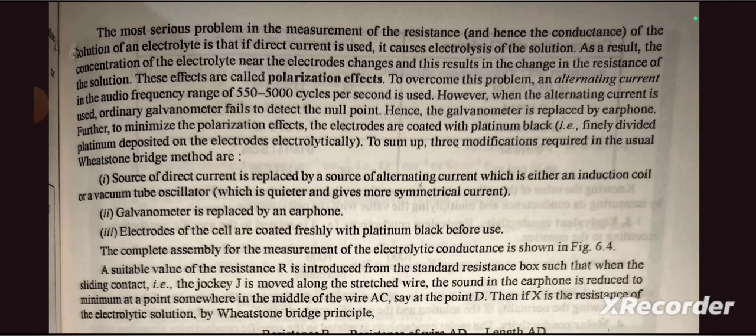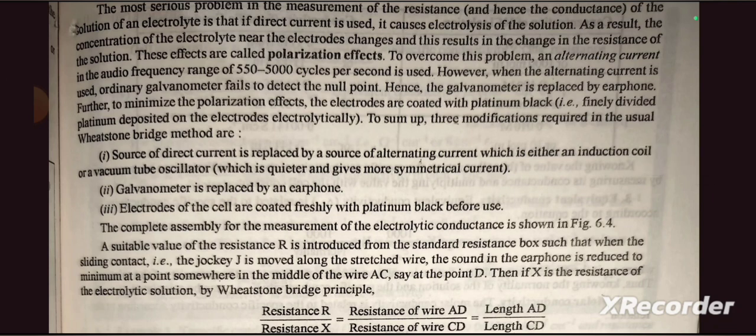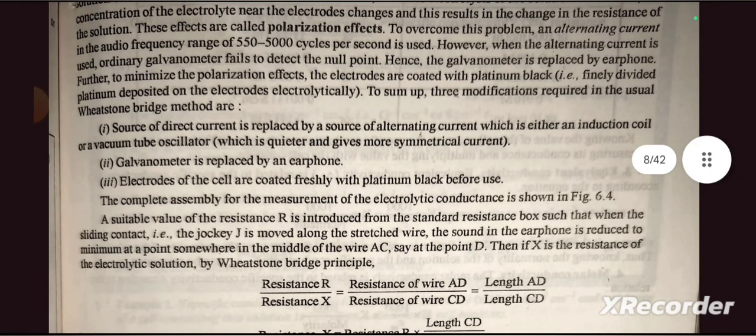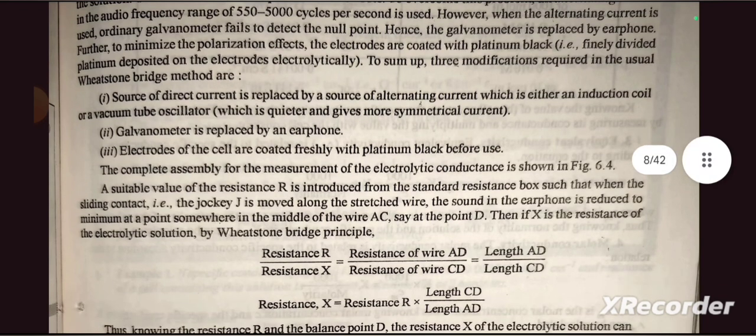To overcome this problem, an alternating current in the audio frequency range of 550 to 5000 cycles per second is used. However, when the alternating current is used, ordinary galvanometer fails to detect the null point. Hence, the galvanometer is replaced by earphone. Further, to minimize the polarizing effect, the electrodes are coated with platinum black, that is finely divided platinum deposited on the electrodes